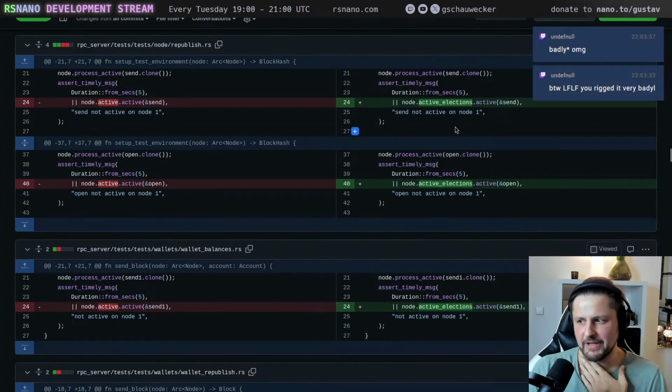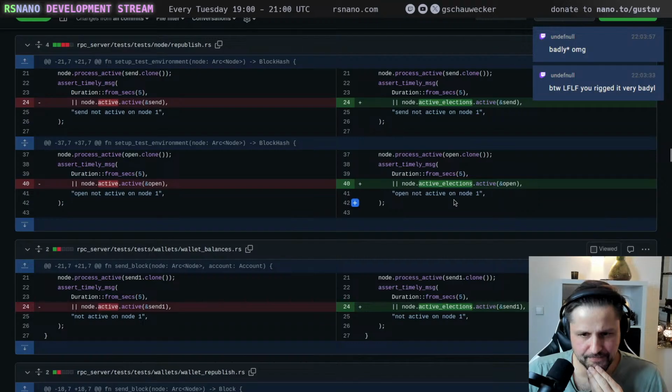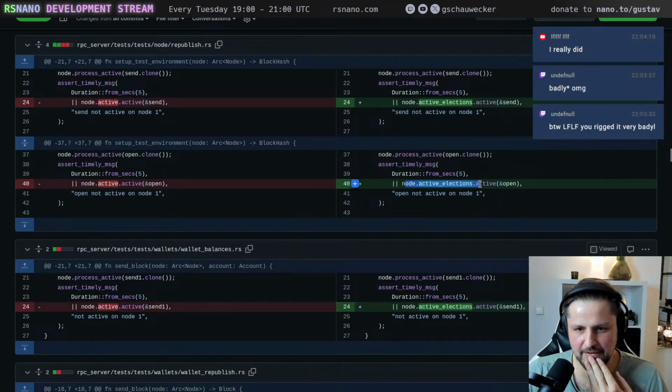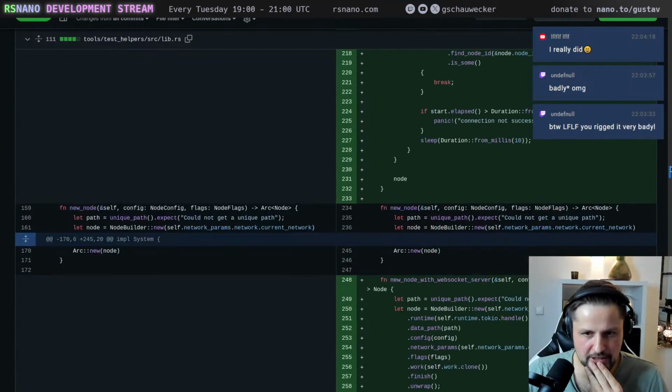Yeah, so Roy, if you're watching this, it's not a good idea to mix up different changes in one change set. If you rename node.active into node.active_elections, it will cause many changes. So this renaming alone should be its own PR, just because of the sheer amount of changes.